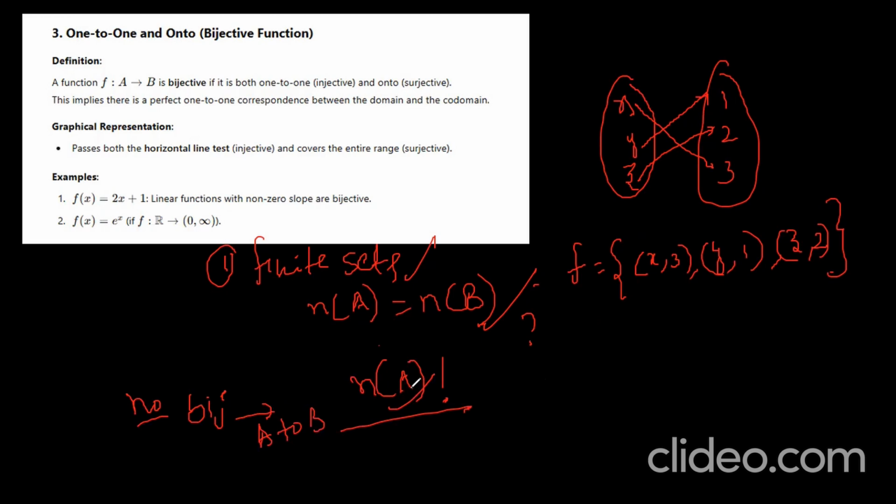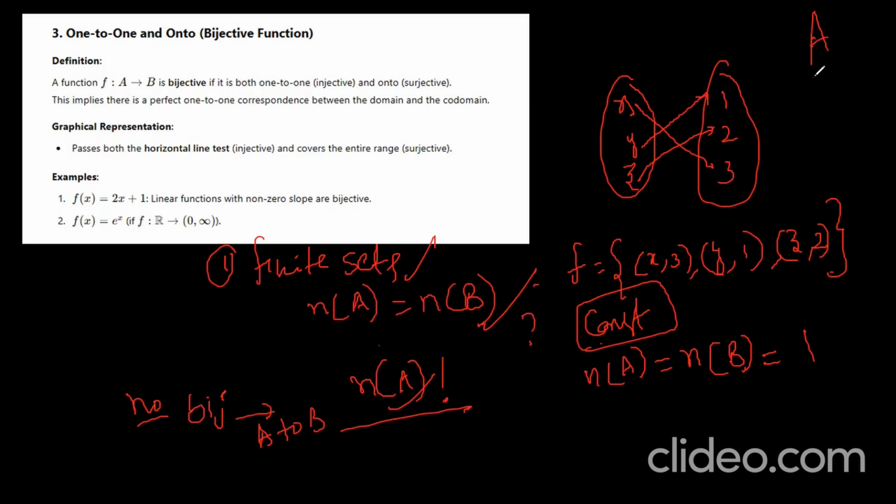A constant function? Yeah, definitely. A constant function is going to be a bijection, when? What is the condition? N of A should be equal to N of B, right? A constant function becomes a bijective function only when N of A is equal to N of B, which is 1. And identity function on a non-empty set A is a bijection. Okay. Constant function and identity function make the difference in the case of a bijection. Got it?